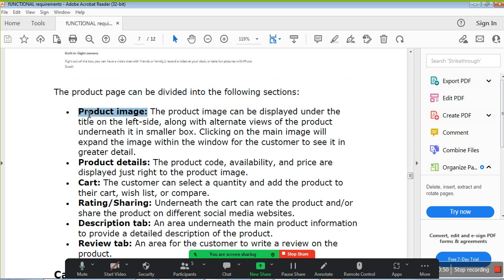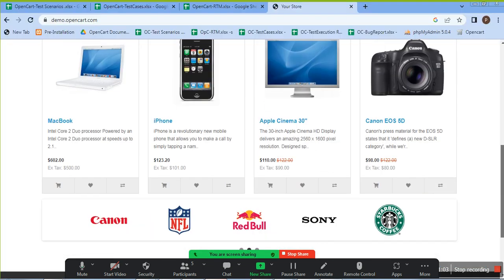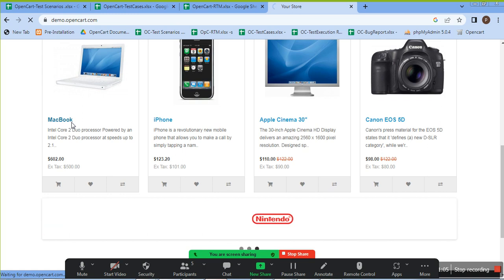Okay, first one is product image should be there, then product details, then cart, then rating, then description tab, then review tab. Okay, then we'll go there and see how the product page should be there. If I go to the product page,